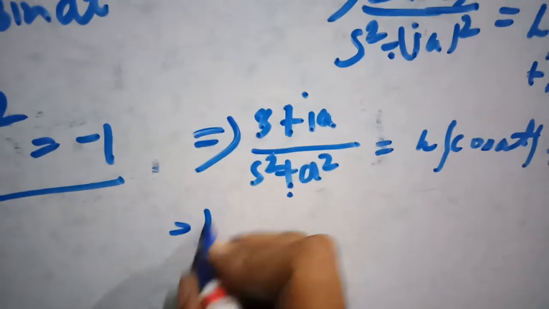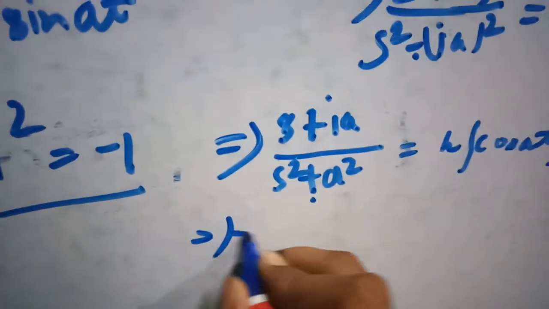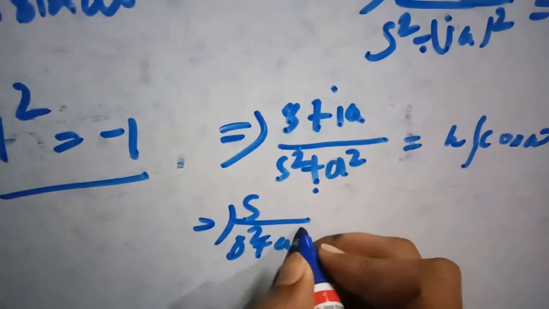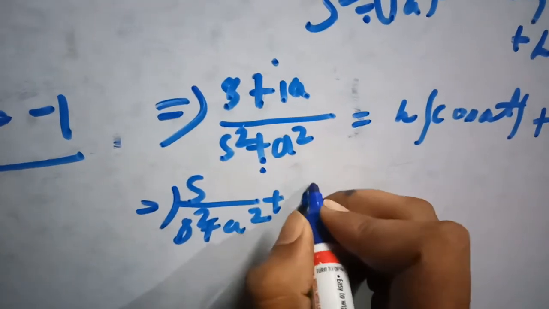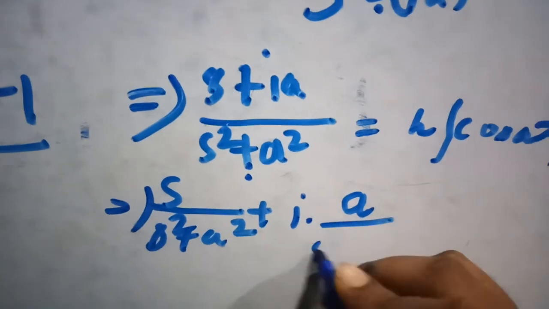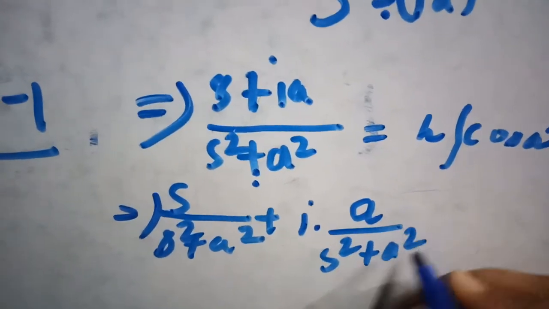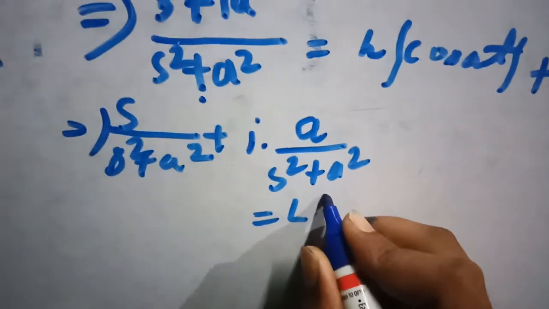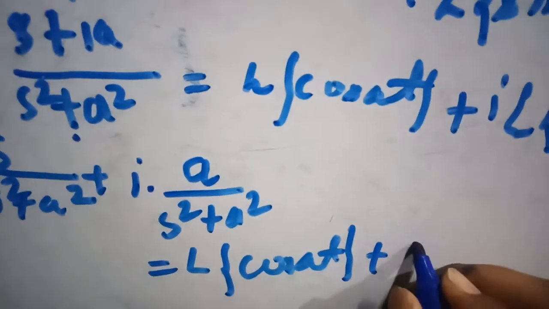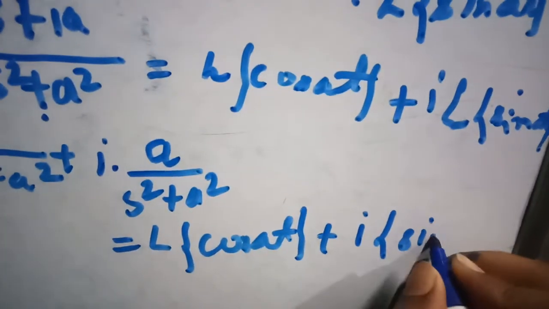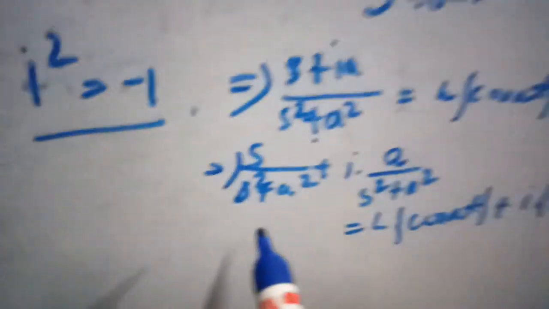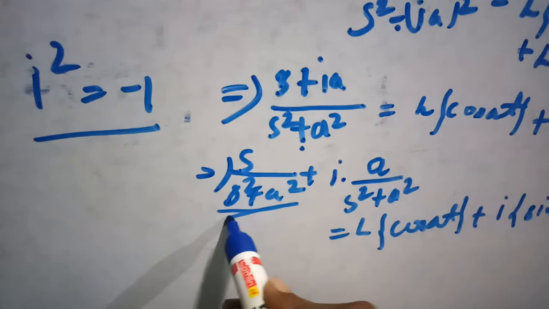Now the next term: we just separate these two terms, s by s square plus a square, plus i into a by s square plus a square, and the right side is the same, that is Laplace of cos at plus i Laplace of sin at. Okay, now we just compare these terms. This term s by